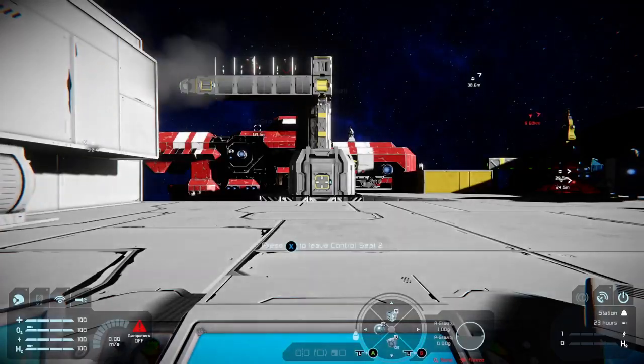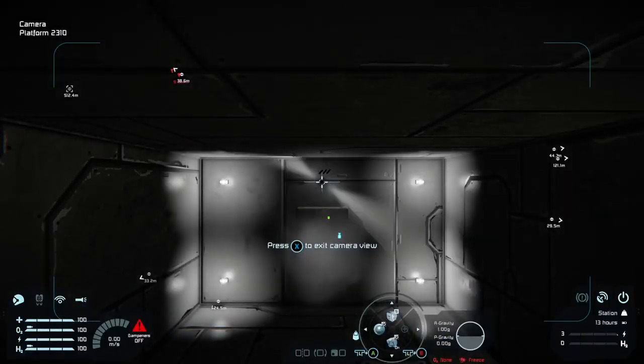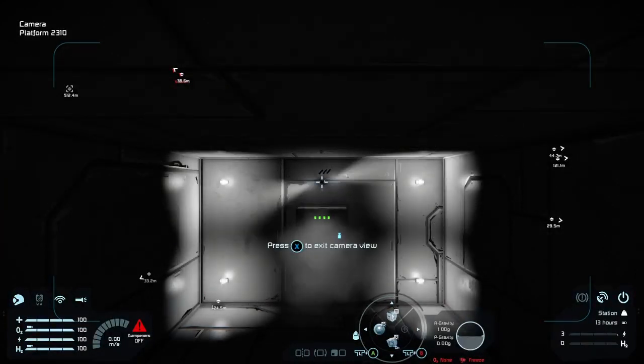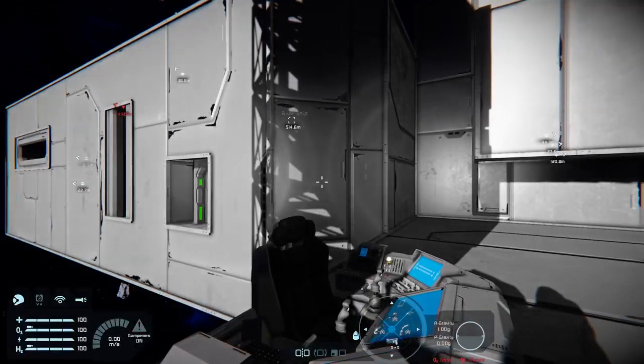So when we depressurize, light comes on, we repressurize, light goes off. And that is the basic function of the air vent.